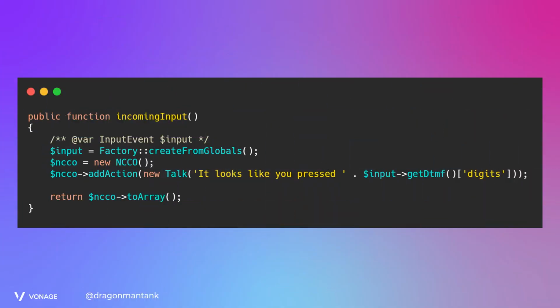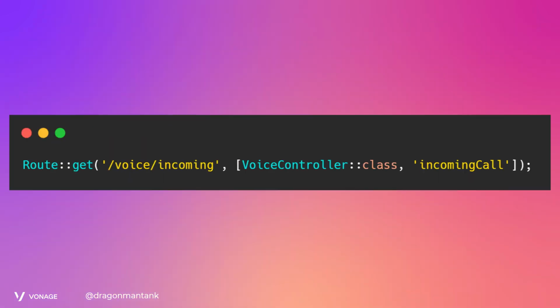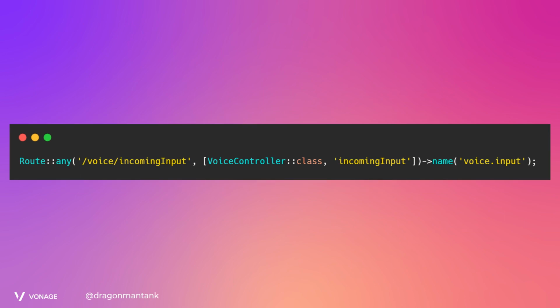And then we've seen this before: when the user actually presses a button, it sends it back to us. We're going to get that information and we'll just say, it looks like you pressed whatever number it was. And then the NCCO will say that since we don't have any other actions other than talk, we'll stop right there and the call will end. And much like making the outbound call, we're going to set up a route for making the incoming call. That'll return the NCCO for having the person actually ask for the digit. And then we'll have a second one for actually processing that input.